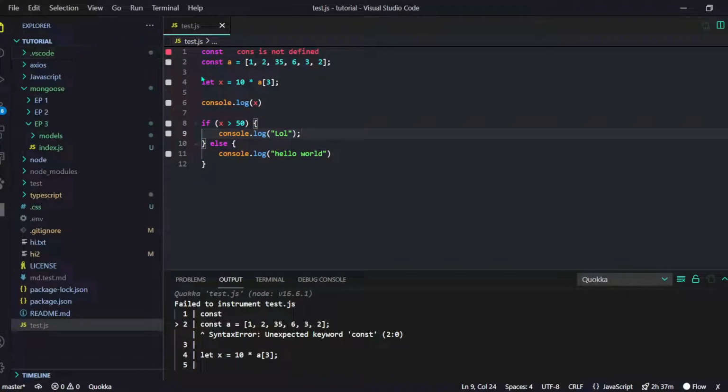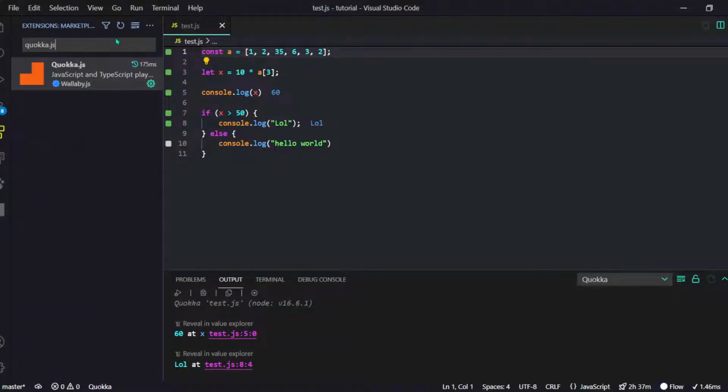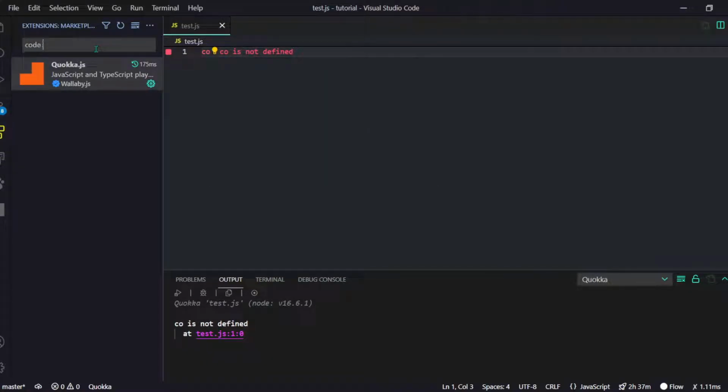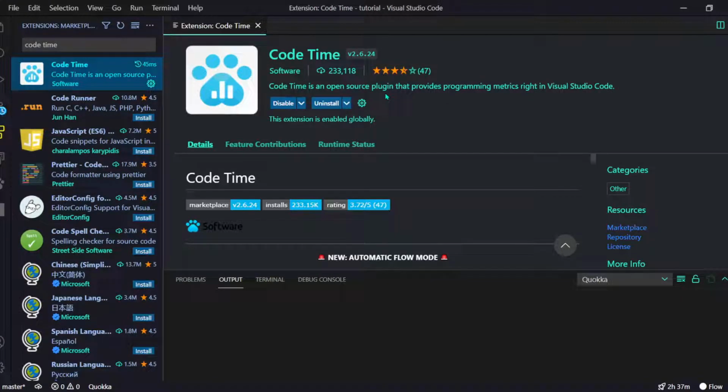And now guys, do you want to track how you are coding and how you are not coding? So you can just go in your extensions and search for code and then search for Code Time and install this one, and this thing is really amazing. And of course you have to go and sign in on their website, and it is totally safe and it is totally amazing. After installing this, you will see this icon here of Code Time. Click on it,